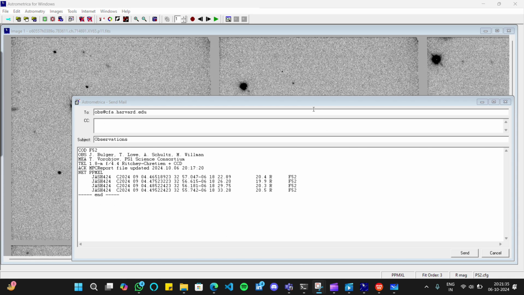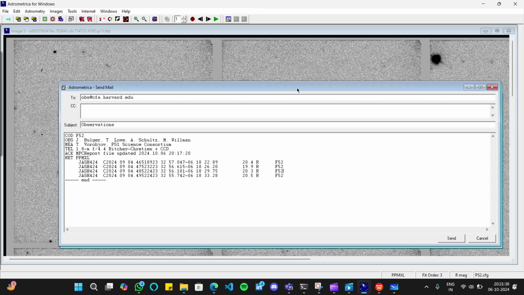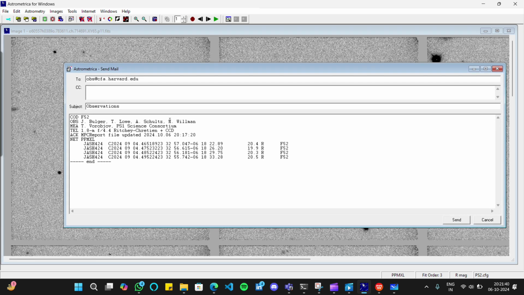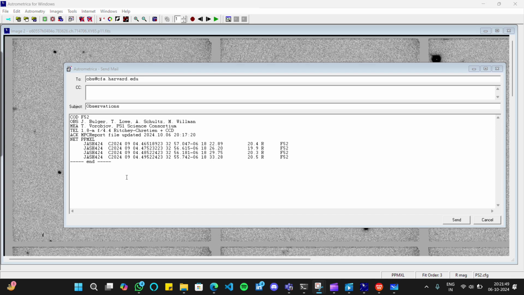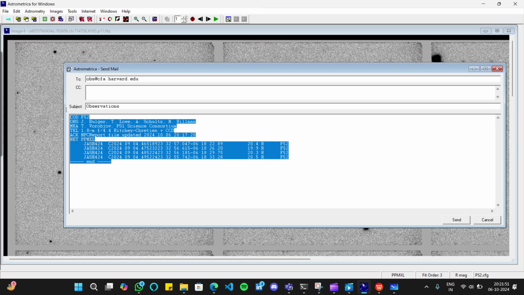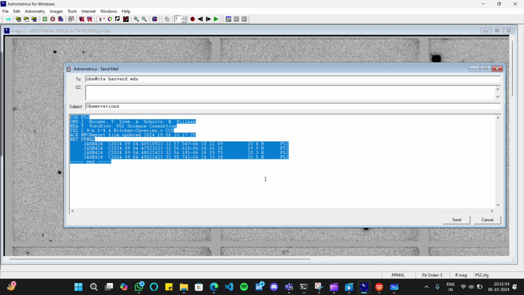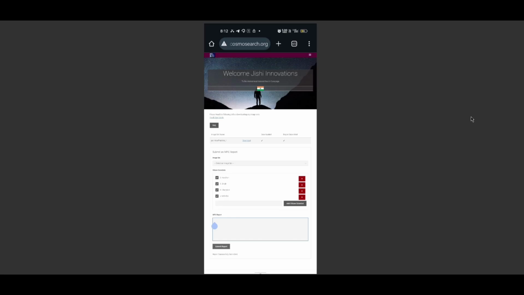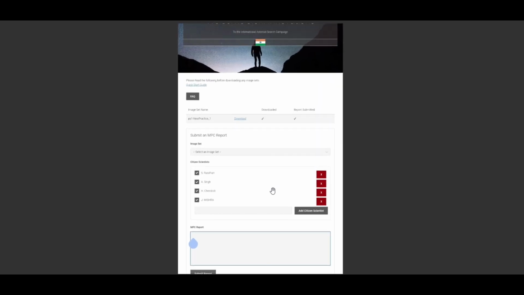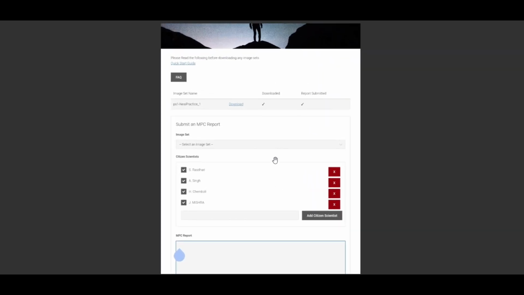So let's send this report to NASA through the IAC campaign, through the IAC official website. What we have to do is copy this report and move to the IAC website. So guys, here you can see the official website of IAC. I am using this screenshot because the campaign is already over. So what you have to do is come to your team page and click on the